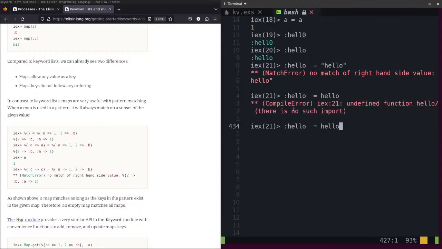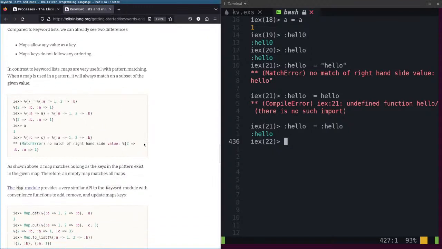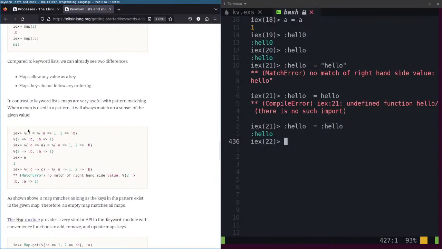No match. Okay. Pattern matching. When a map is used in a pattern.